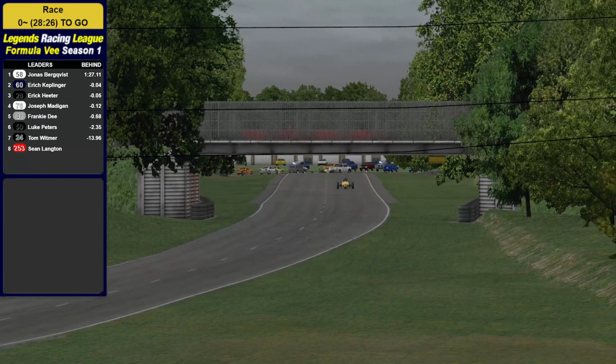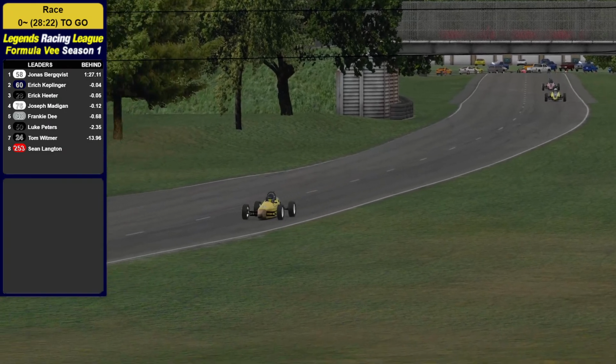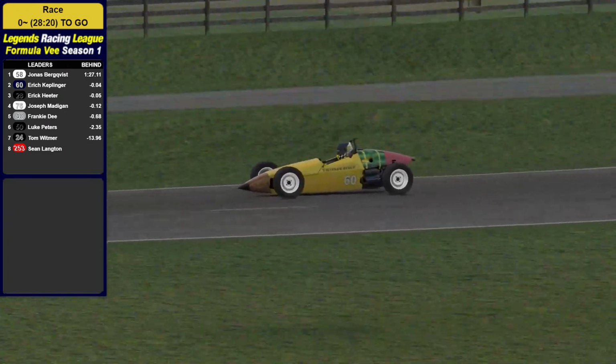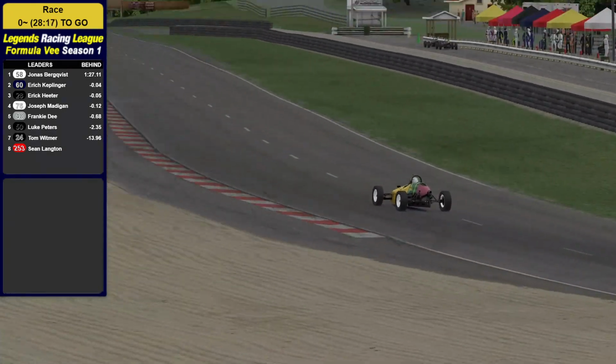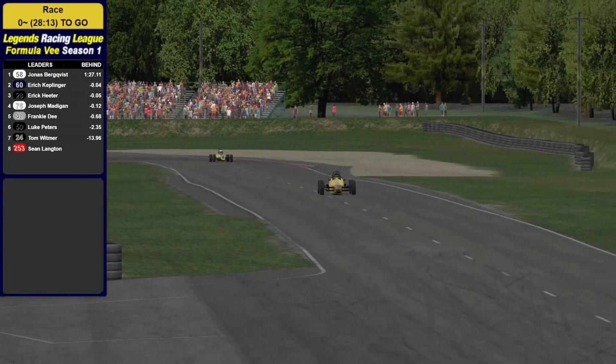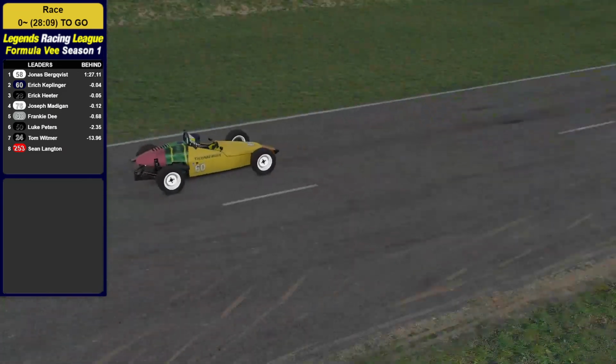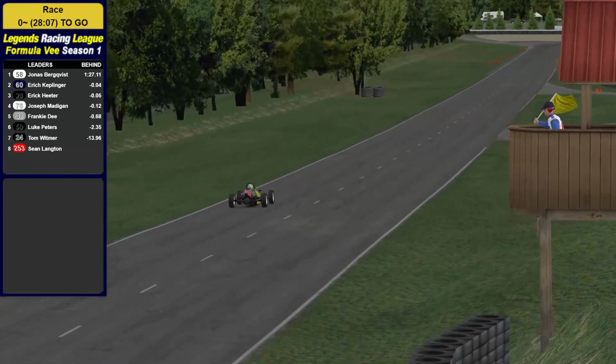Yeah, I agree with you there, Talon, but it just looked like to me that Joseph Madigan just missed a shift, was a little slow on the shift, and Luke Peters ran into the back of him, not much time to react for him, so yeah, unfortunate incident. Yeah, as these guys are trying to catch up to the safety car. I'm not sure exactly where it's at, but